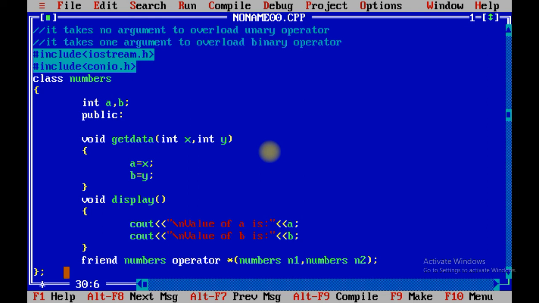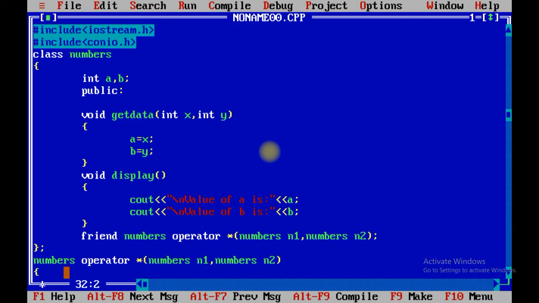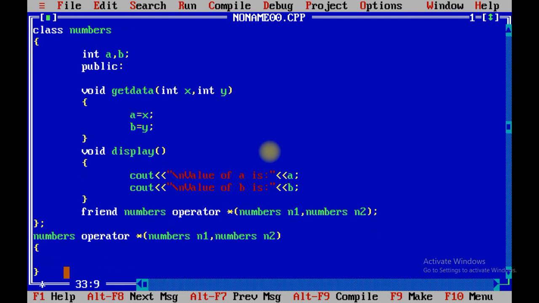Now the friend function can be declared outside the class like this: number operator multiplication, number n1 comma number n2. Now number n is a temporary variable we have declared. n dot a equals to n1 dot a multiplied by n2 dot a.